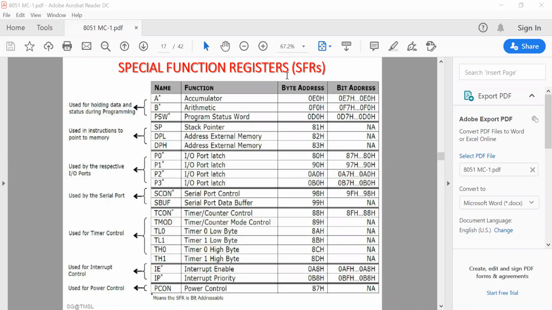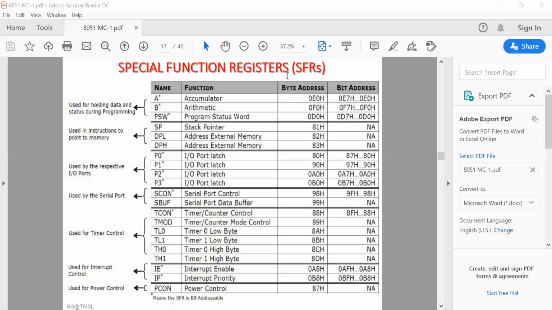These are specifically used for certain functions, and they are used by the programmer to perform special functions like controlling the timers, controlling the serial communication using the serial ports, interfacing different input output devices, or controlling the IO ports. Okay.